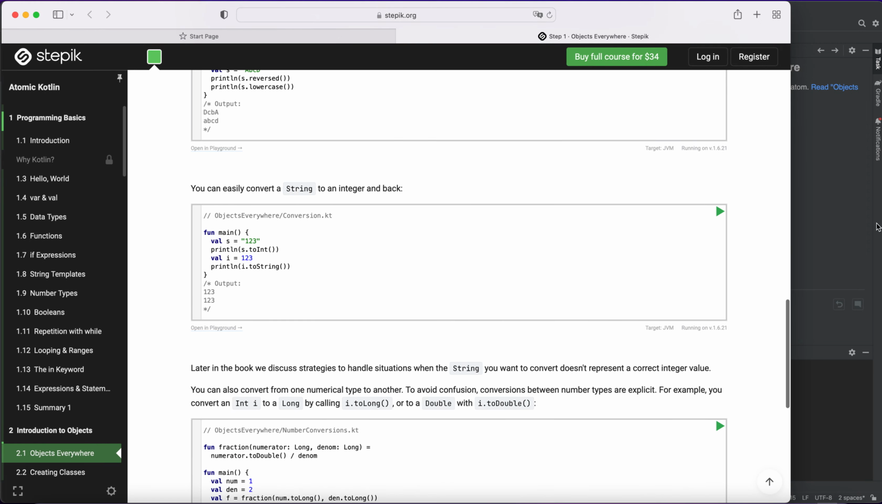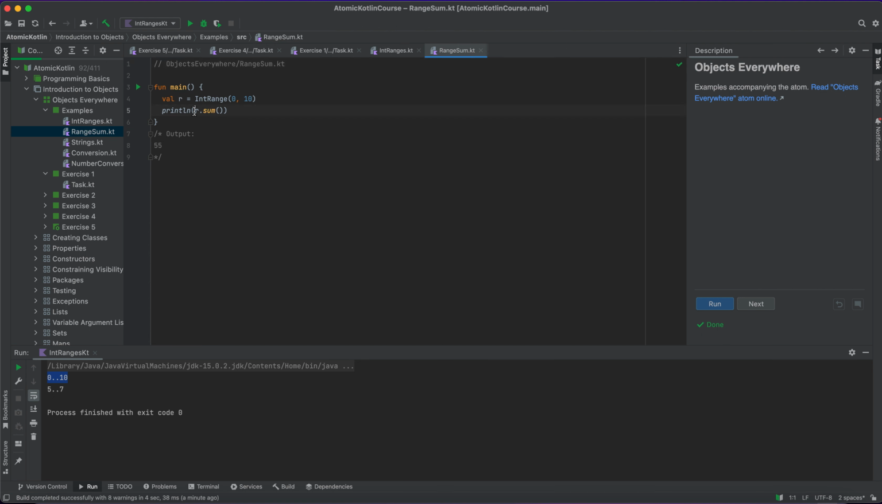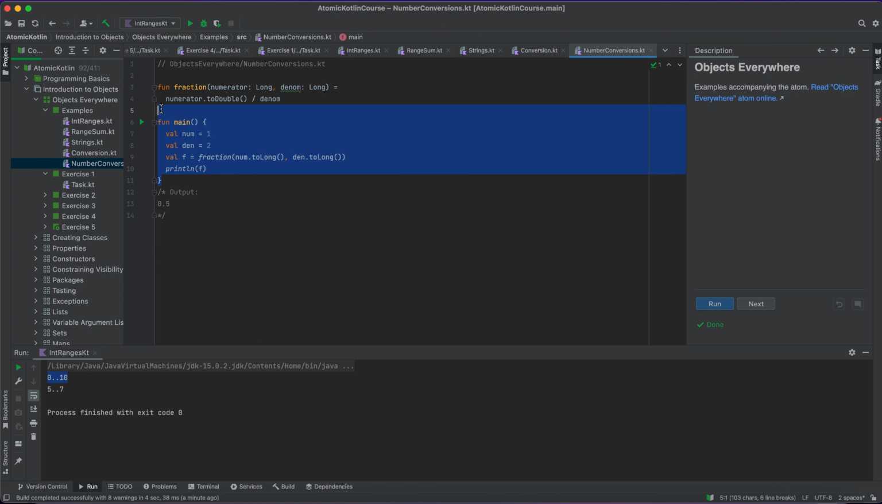So now let's get some other examples like this one. You are performing different actions. One of the actions is sum, okay, and the string is also an object, and you can get reversed, you can lowercase, you are performing different operations on that object, right? Conversion, right? You see a number conversion. This is another example. And now, without losing any time, let's go directly to solving some exercises,